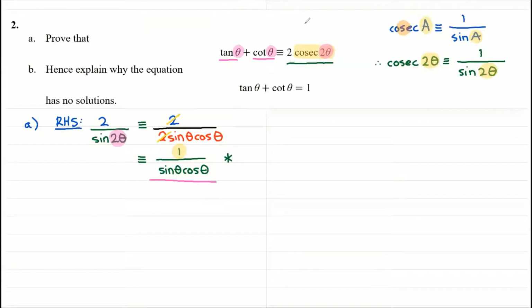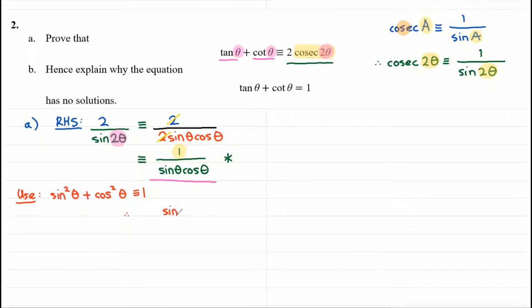We're going to use our favorite, sine squared theta plus cos squared theta is identical to 1. Now, that's not obvious. Okay, I'll accept that. That is not an obvious step. But once you've had a bit of experience with these things, it will be something you might consider as a way forward. So we're going to use that. So I'm going to sub that in. So therefore, we're going to have